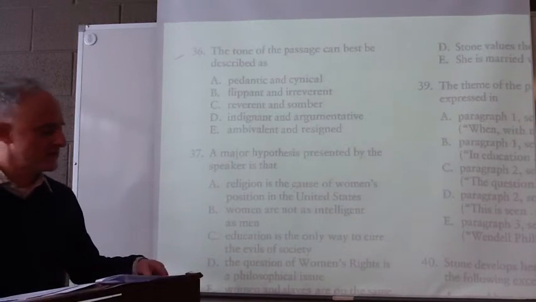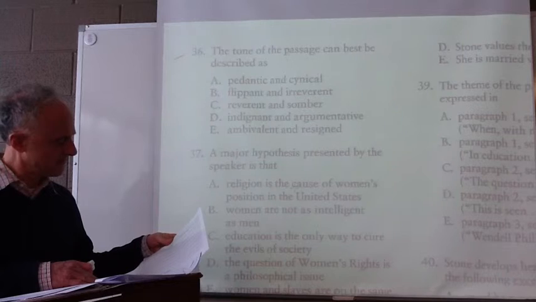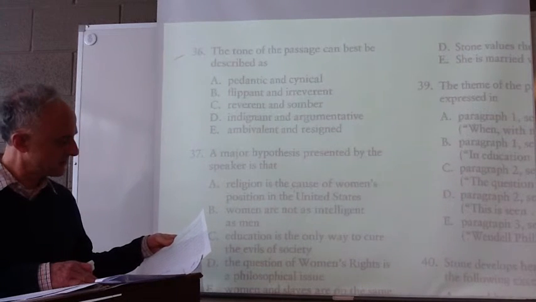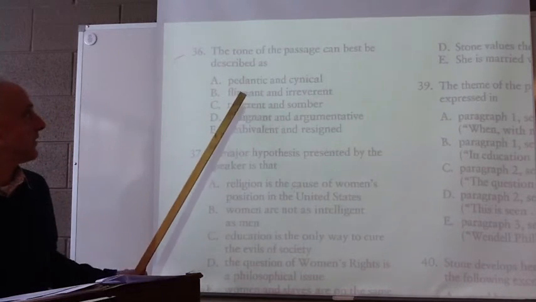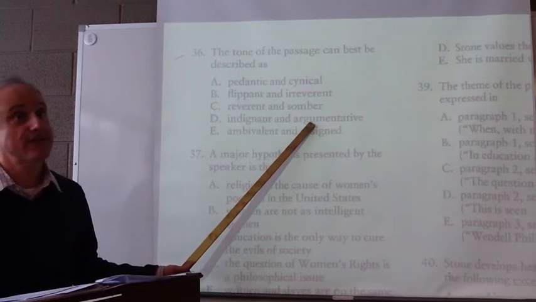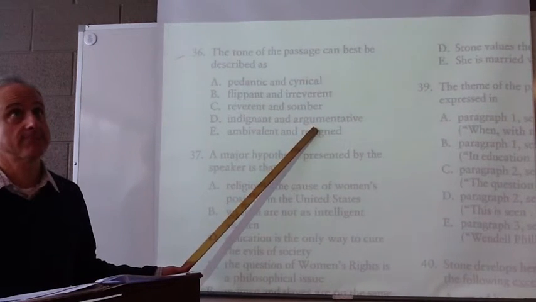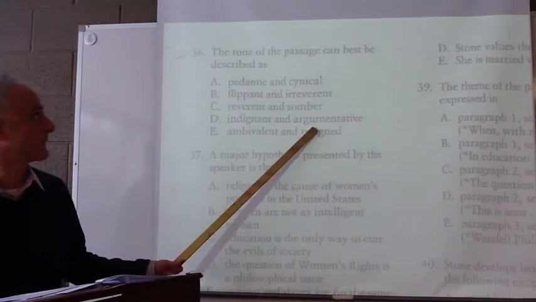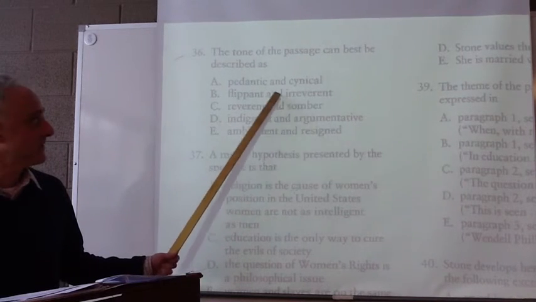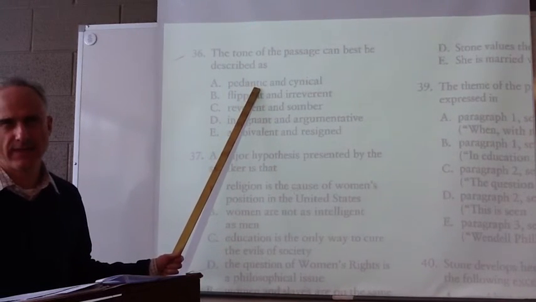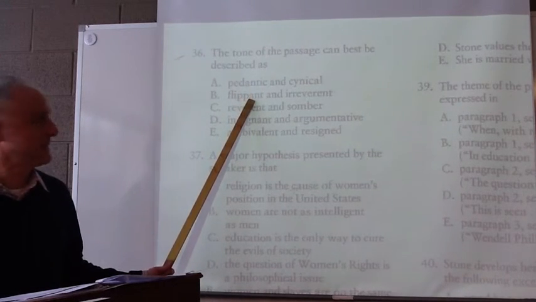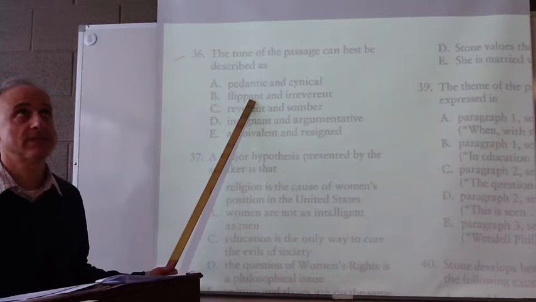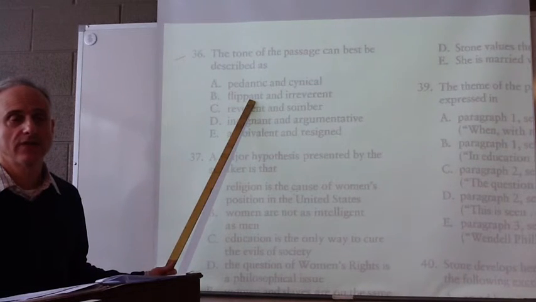So where did you have questions on this section? Let's see. Starts with 36. Oh, not too bad. 36, 37, 40, 42. All right, the tone. She is setting up an argument. She's argumentative. She is very angry, right? But it's not like she's being ultra particular, that's pedantic. Flippant means she's not being very serious and she's being a little casual.